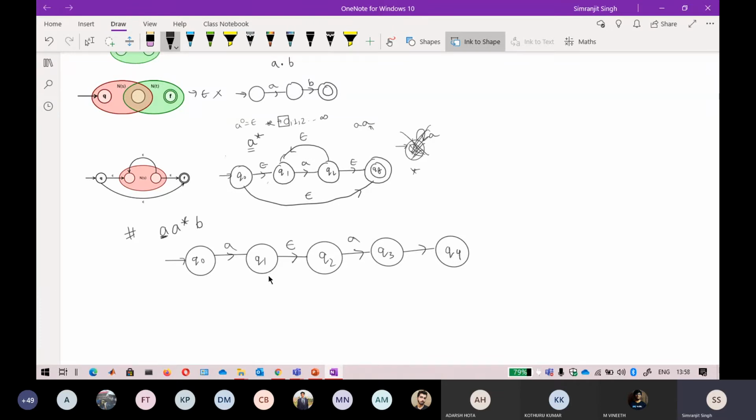You can also go directly towards Q4, and you can go back as well. I will take out this one and paste it here, which is one and the same thing. In the end you have to be followed by a B here. So this will be your final state, and after that you follow a B.